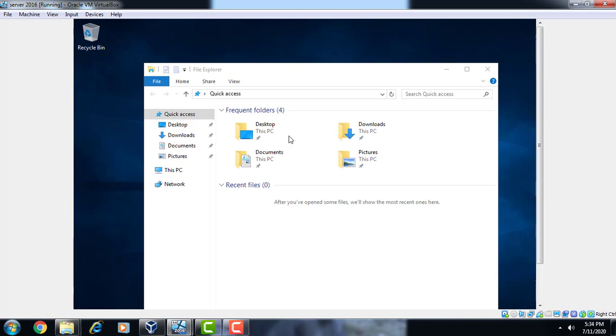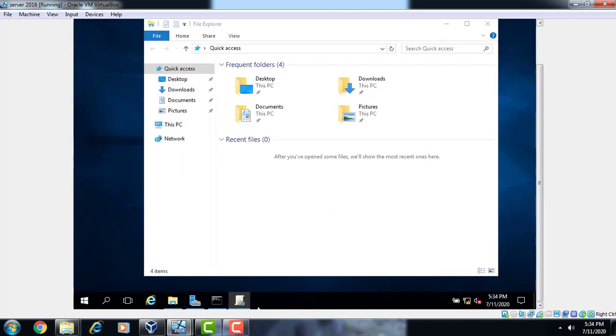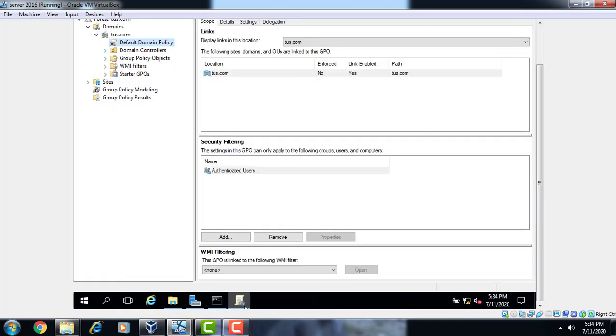Then again go to default domain policy, click on edit.